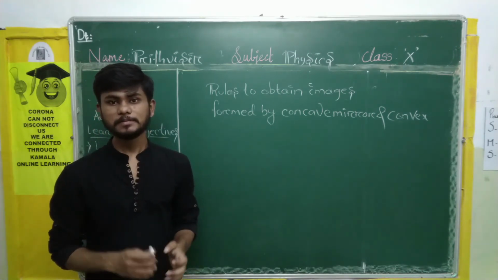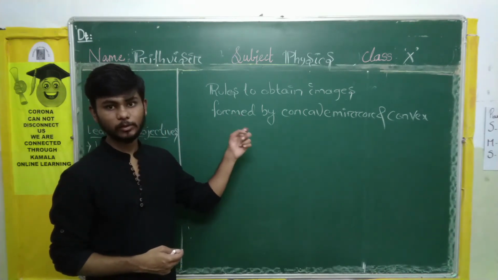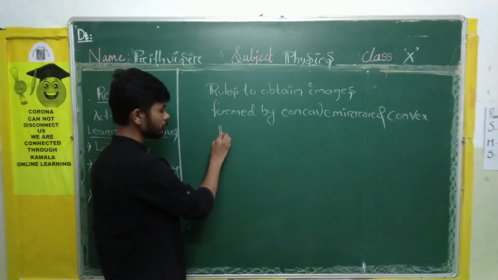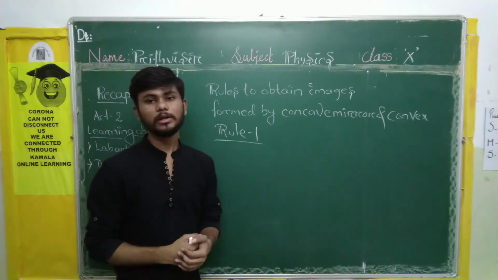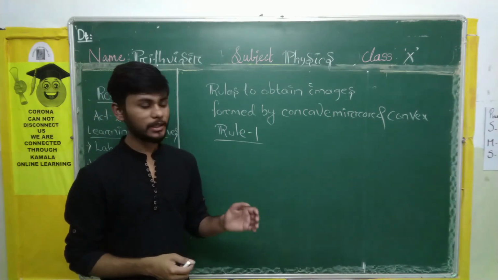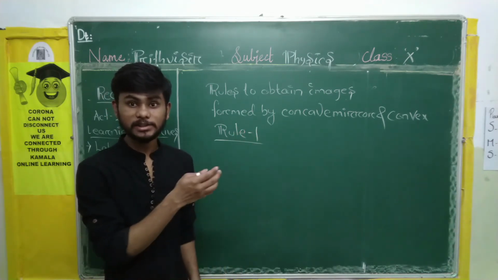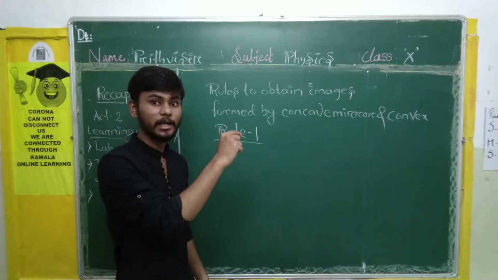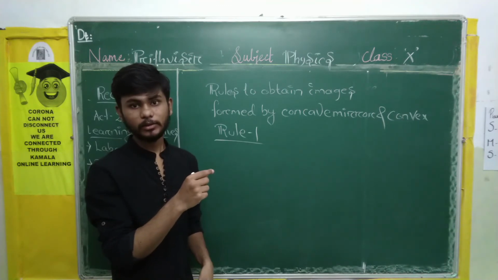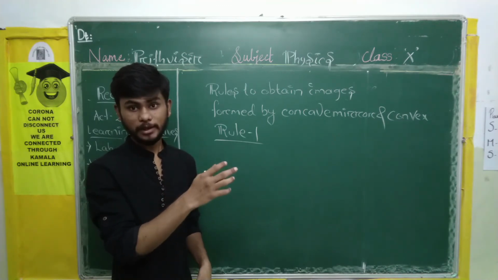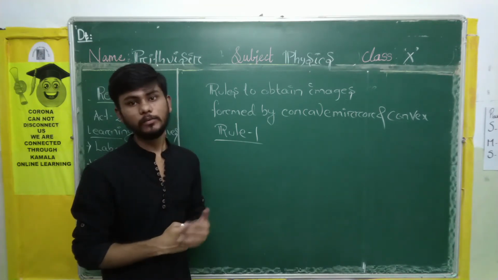Now let's see the convex mirror, same but a little bit different. What? It will go deviated. As you can see in rule 1, what exactly is happening? Here the ray of light is coming, after striking what happened? It deviated. But you can see the virtual part. On the virtual part it appeared to meet its focus. If it comes parallel, after striking it will deviate definitely. But in the virtual world it will appear to meet. It is not meeting, but it appears to meet at the focus.